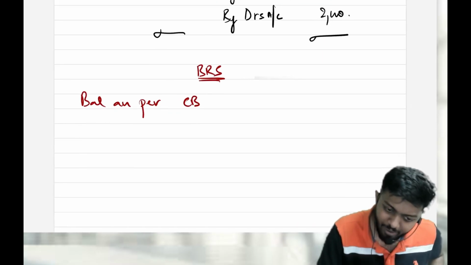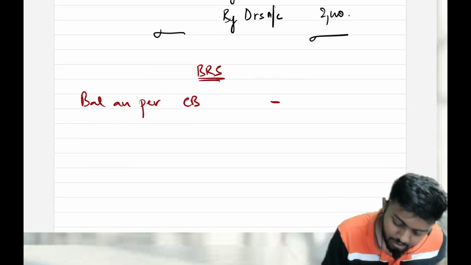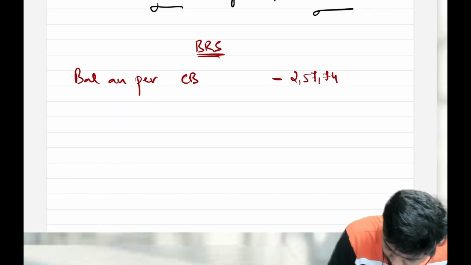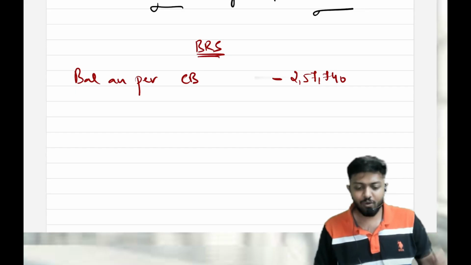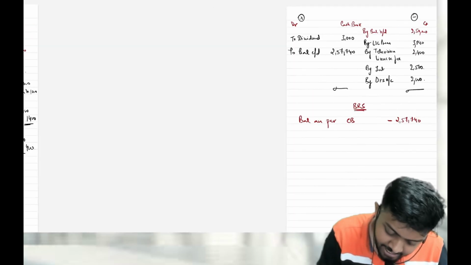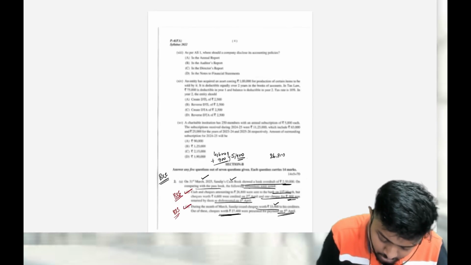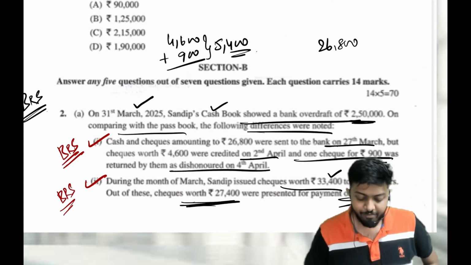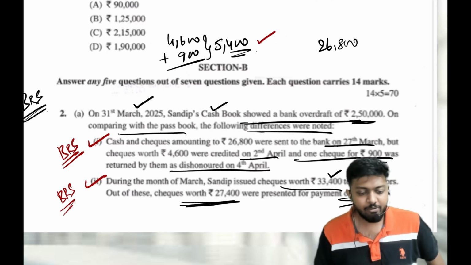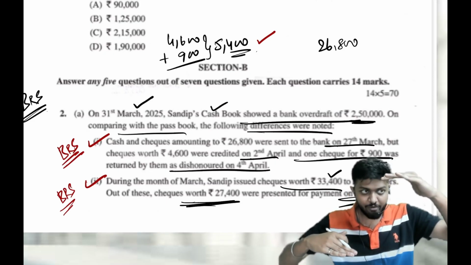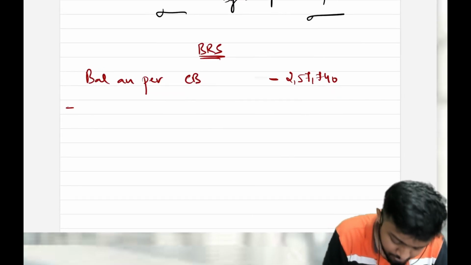So if it is overdraft, I'll start my BRS with a negative number. So negative 257,740. Just put it as negative overdraft balance, or negative balance. And do your add or minus normally now. So we have only two BRS items. Now what are the two BRS items? One is your checks received but not deposited, 5,400. Check received but not deposited. The cash book will be more, passbook will be less. We are doing BRS from cash book angle. So I have to reduce it. So I have to do minus.